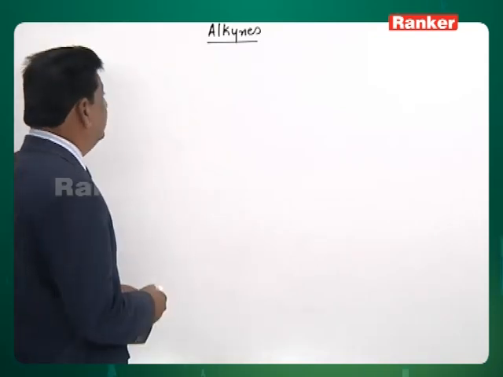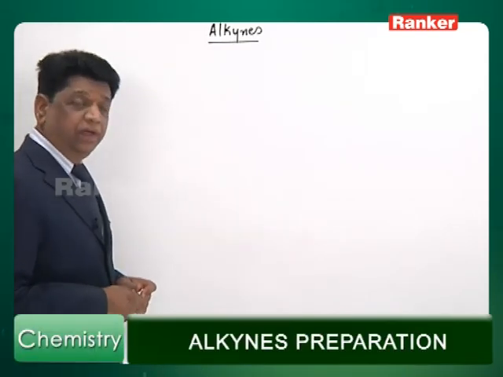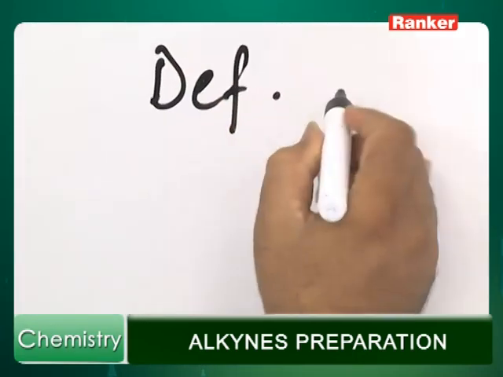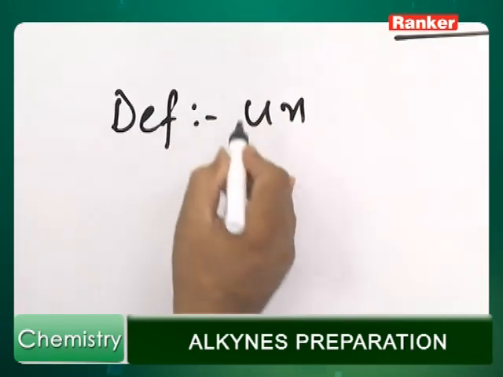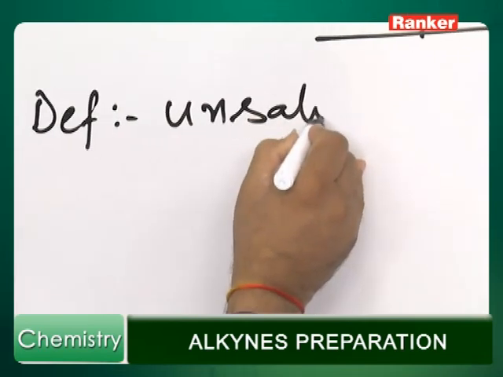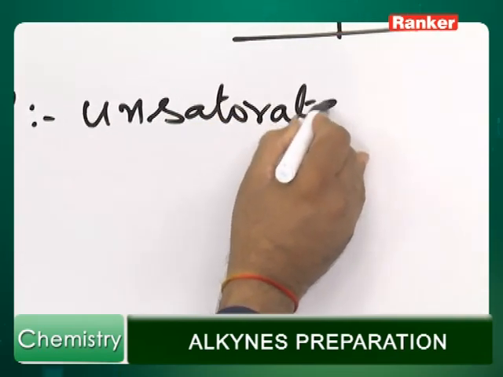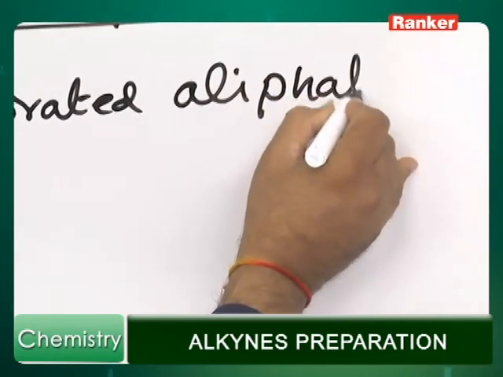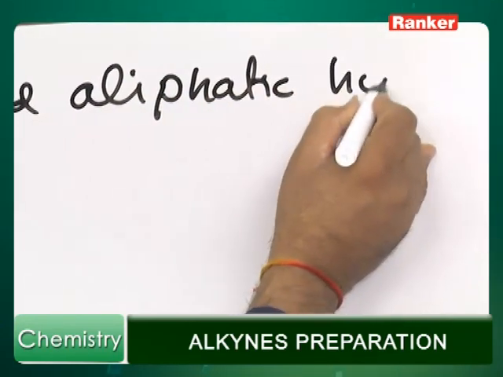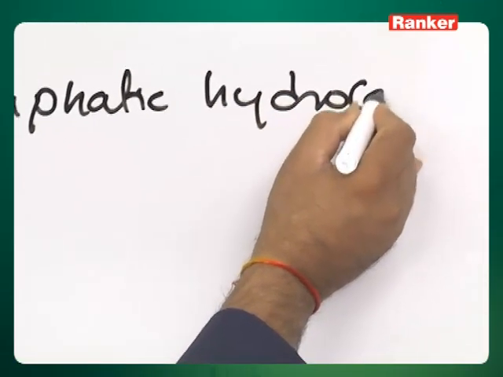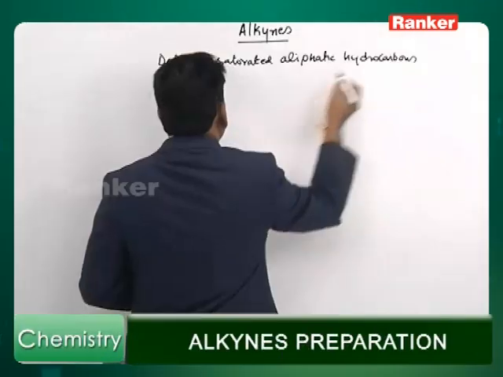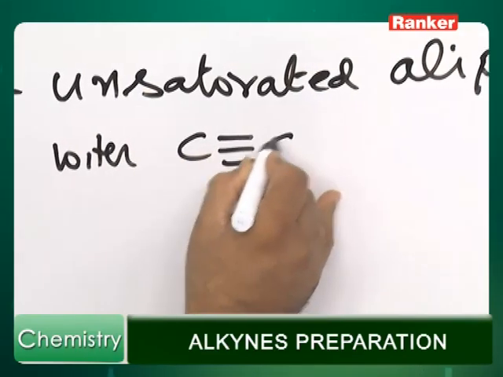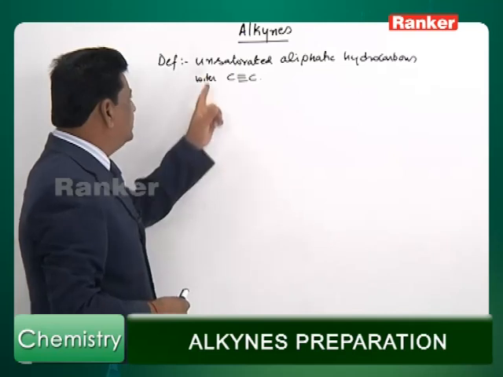So, we will take today the alkynes topic. The alkynes may be defined as unsaturated aliphatic hydrocarbons with carbon-carbon triple bonds. Okay. Unsaturated means